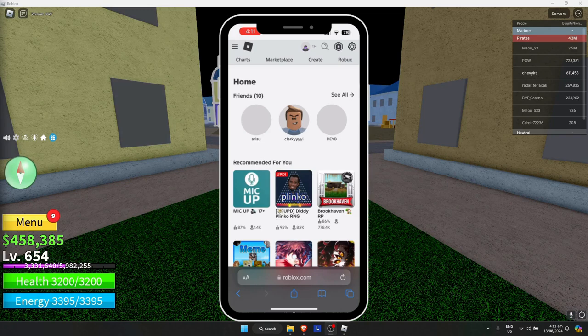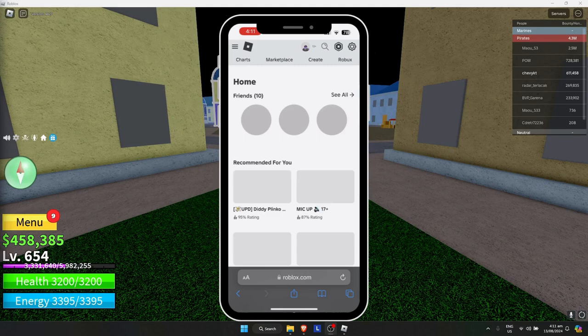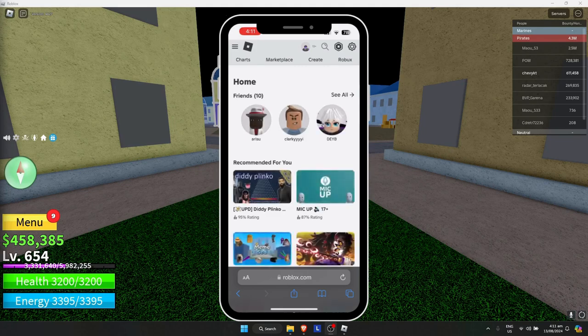And it will bring you right here. What you need to do next is just simply click on the double A button right here, which will reveal this menu, and simply click on Request Desktop Website. Wait for it to load again, and it works the same with Google Chrome,